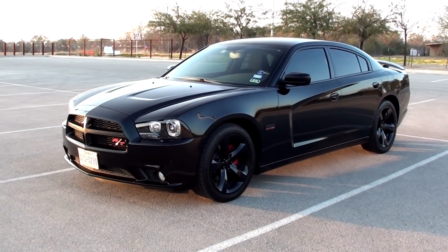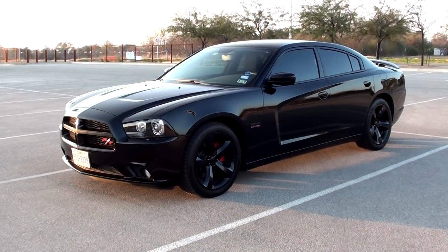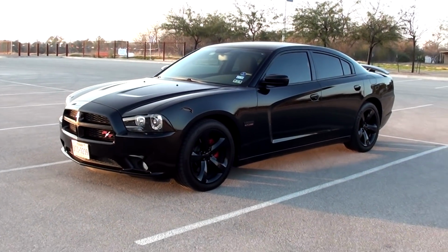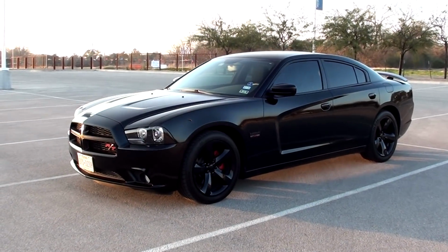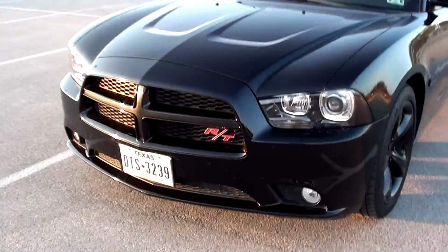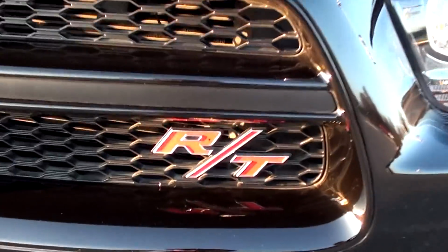2014 Dodge Charger RT. So this is going to be a video talking about how the car has held up over this past 1.5 years of ownership and just overall how everything is going. So let's get started. Alright guys, so coming up to the front,